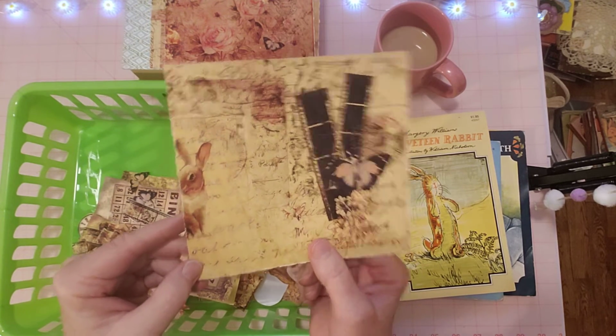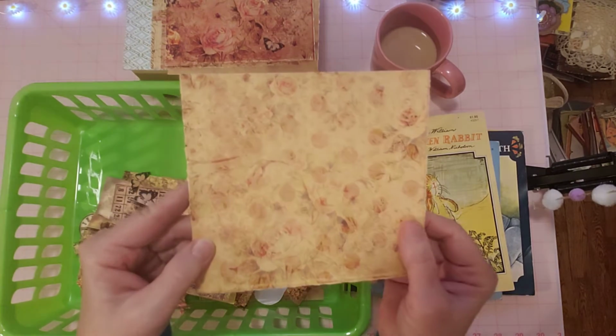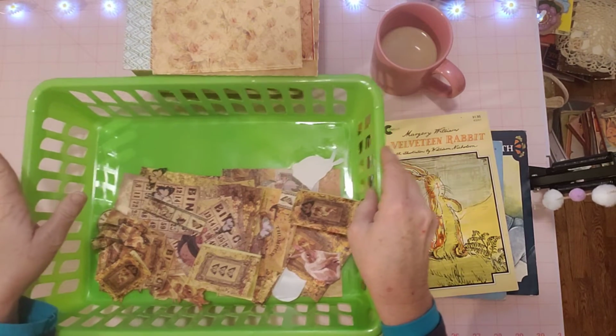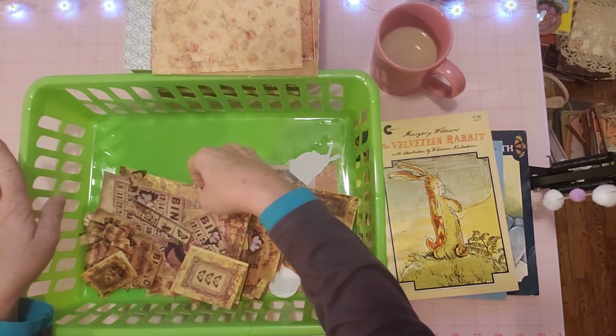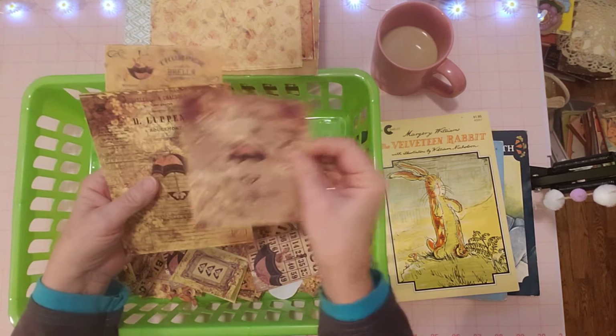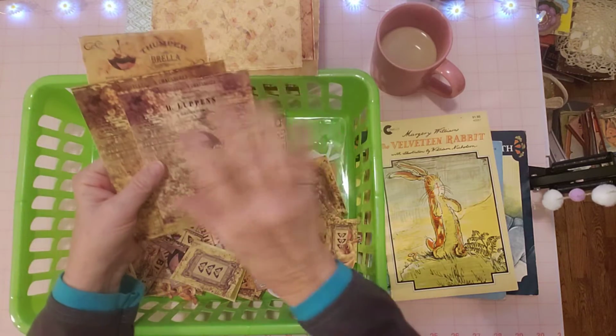Anyway, very pretty, right? Look at this page. I love this right here, so pretty. So here's all the bits of ephemera. Some of my favorite things are these, they look like letters or stationery. I printed the whole thing on